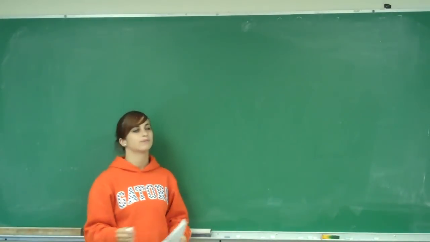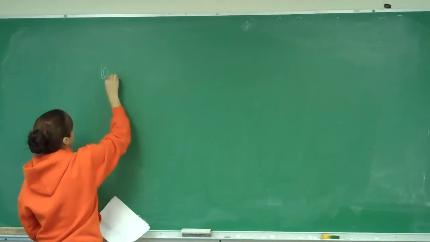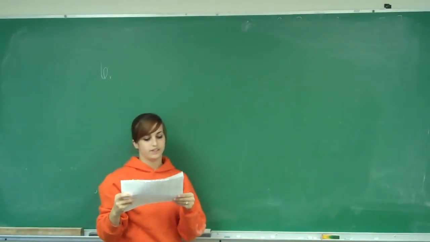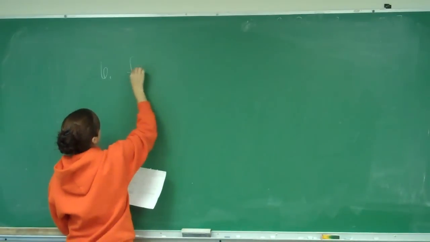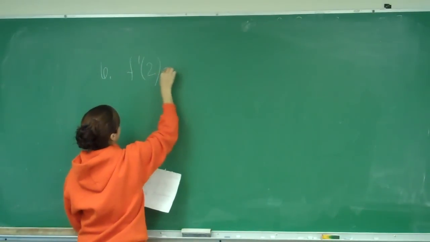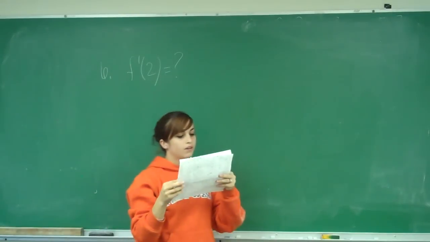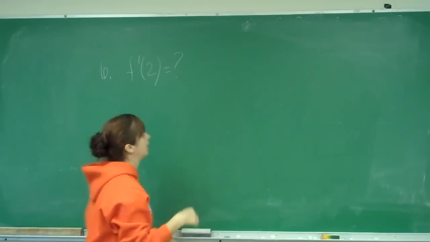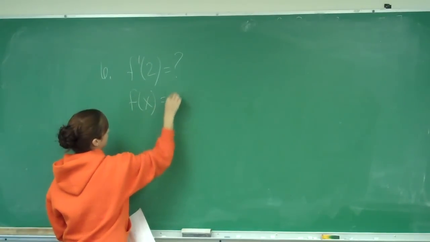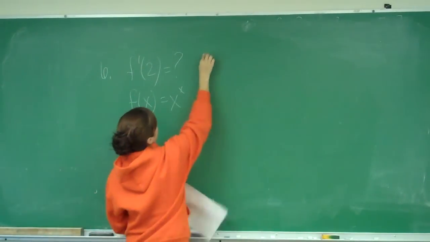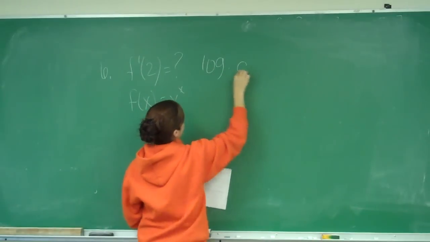This is number 6. So 6 says to use logarithmic differentiation to find f prime of 2. That's what we don't know. For f of x equals x to the power of x. And we're going to use log